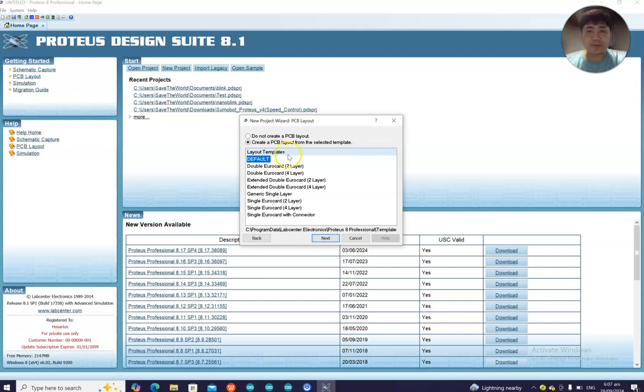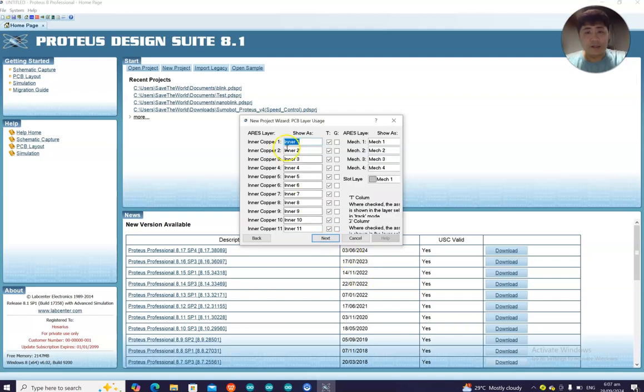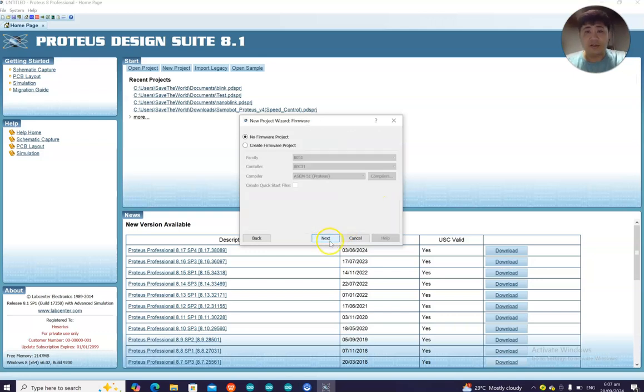So let's start. Let's say we create a PCB. From there you can also click that one and do the default. Click next. Here you have some options. Basically just click next.